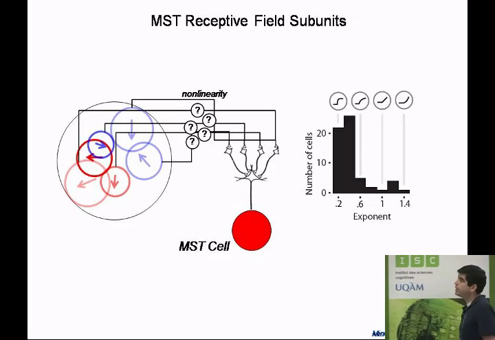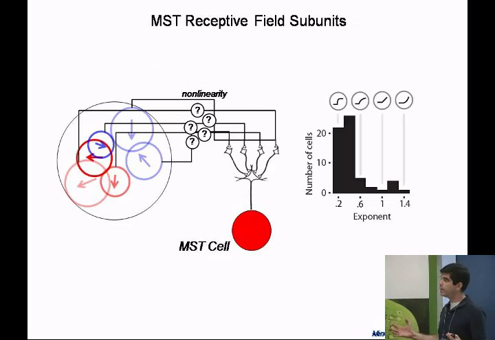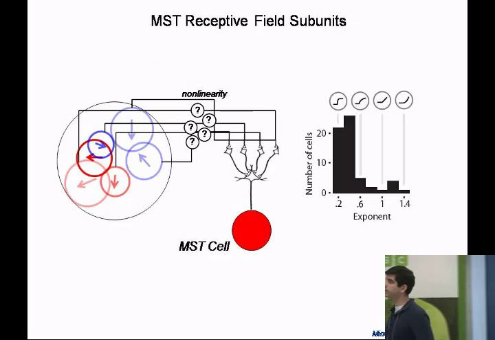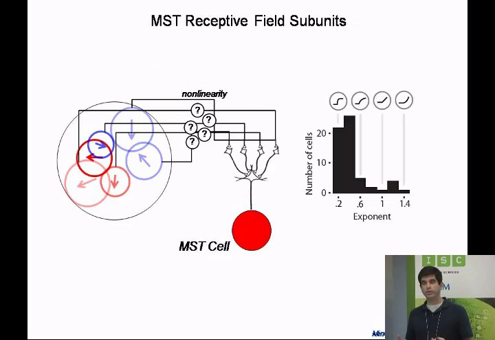So that's kind of the summary of how we managed to get what I think is a pretty decent understanding of area MST to the point where we can at least capture the